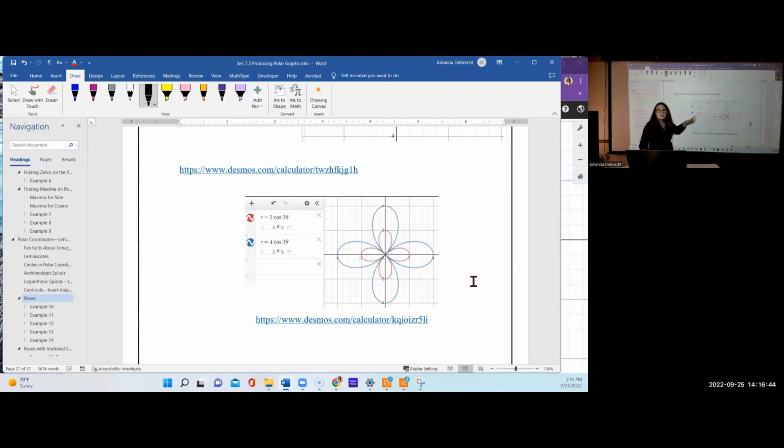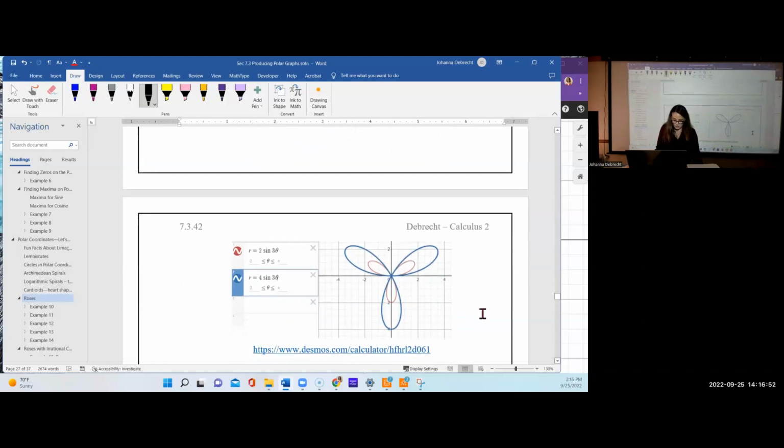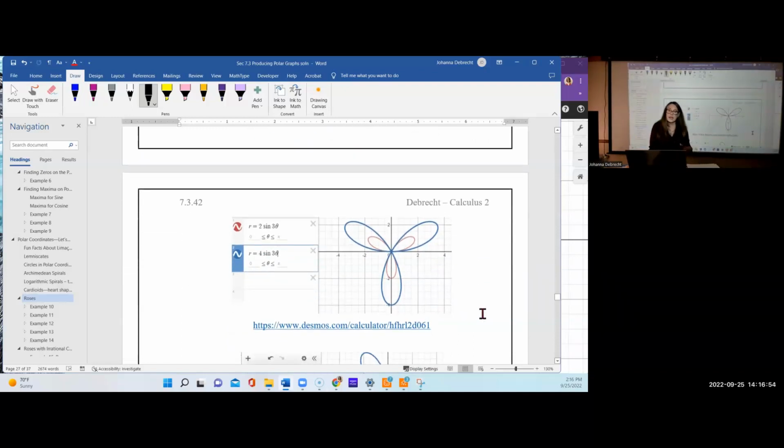The 4 determines the maximum length of the petal. So in this case, it's 4. In this case, it's 2. And the same thing happens when we look at them with sine. Sine off-kilters them a little bit, and they go out into the quadrant instead of along the axes lines